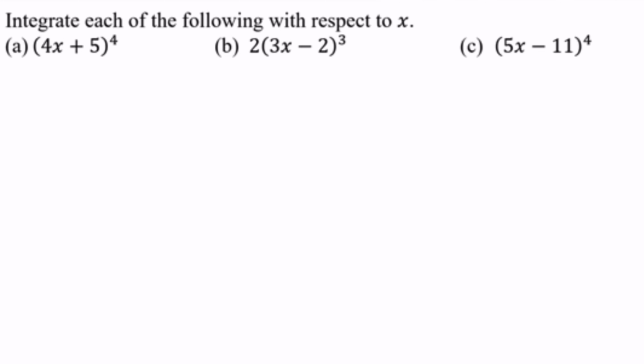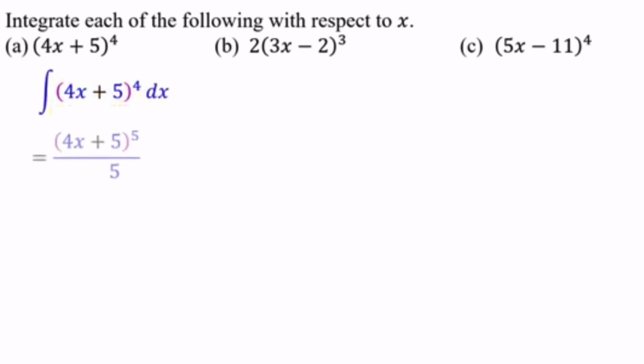Integrate each of the following with respect to x. A, (4x + 5) to the power of 4. We are going to integrate by using the substitution method. So integrate (4x + 5) to the power of 4 dx is actually: we focus on the (4x + 5)